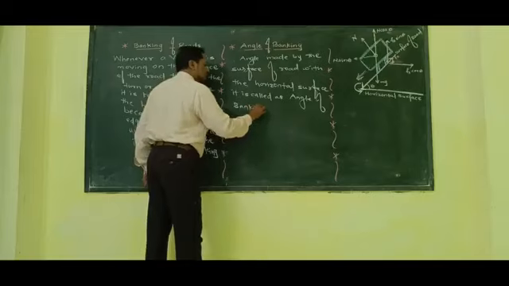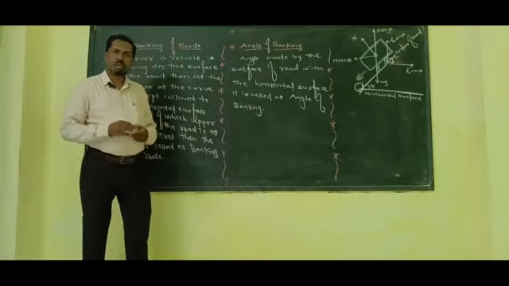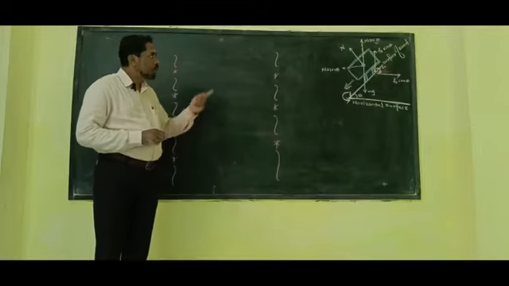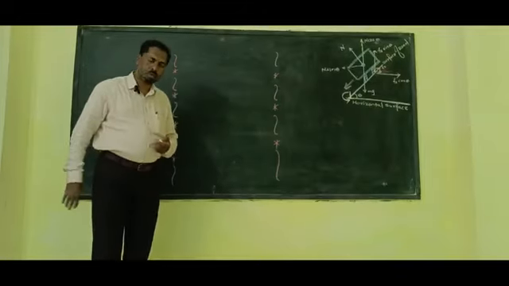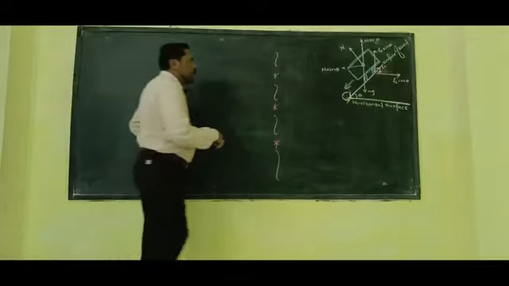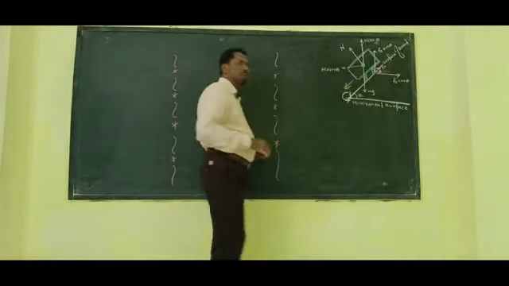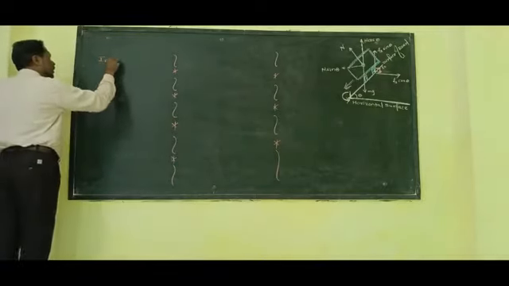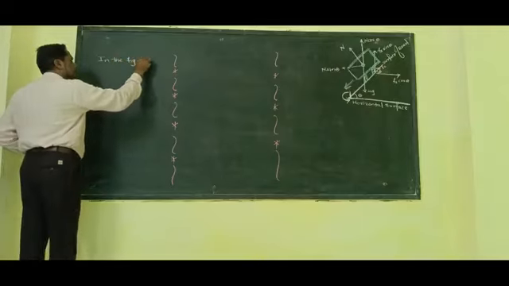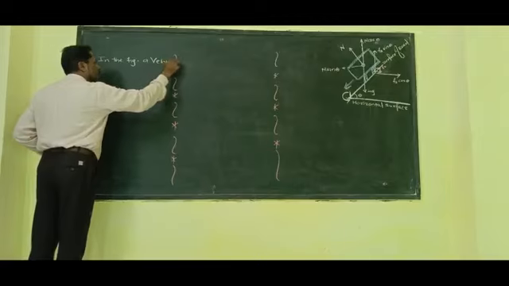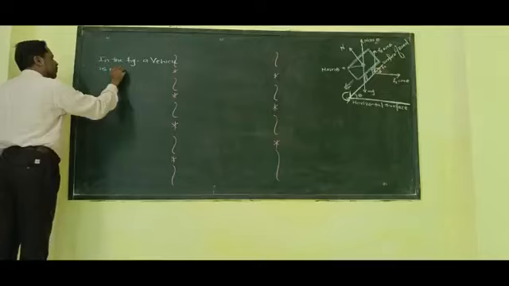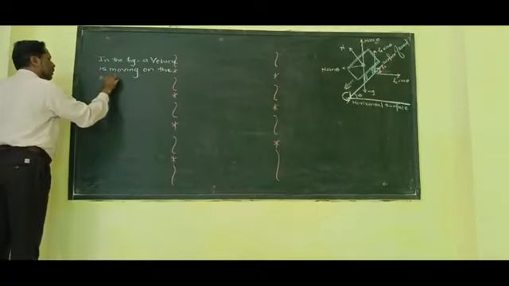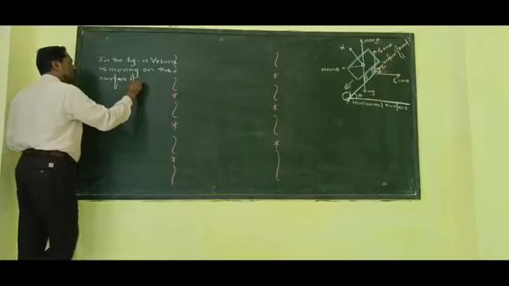Okay, so first see these two definitions, what we understand by banking of road and what is angle of banking. Now let us see the derivation of banking of roads. We know that in the figure, the vehicle is moving on the surface of the road. A vehicle is moving on the surface of road